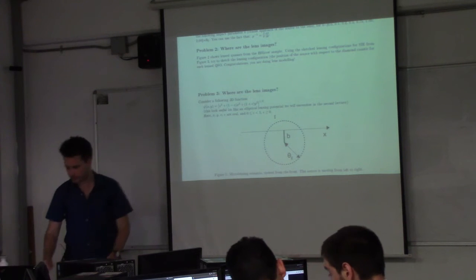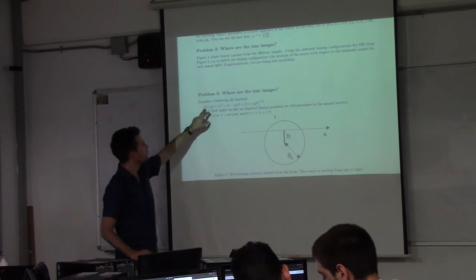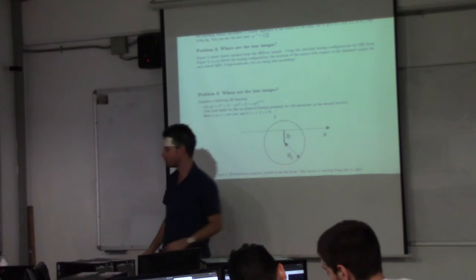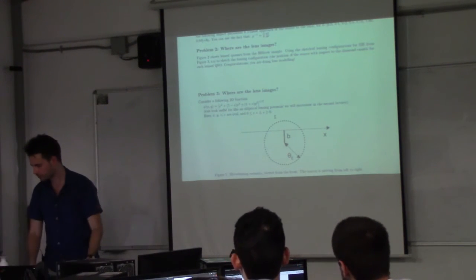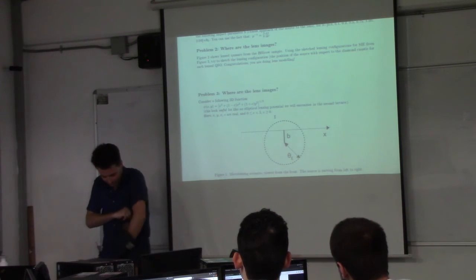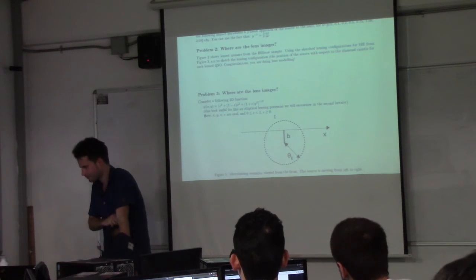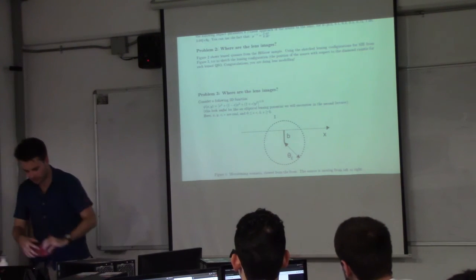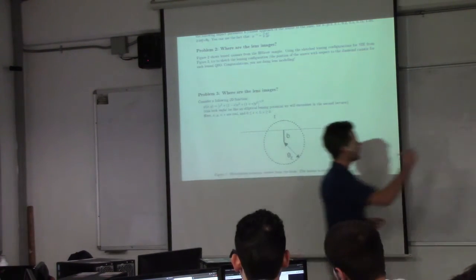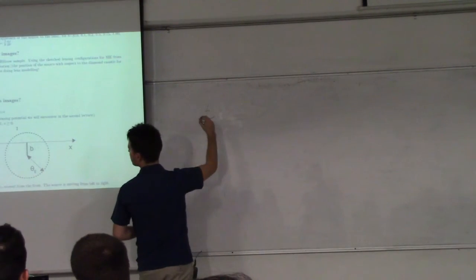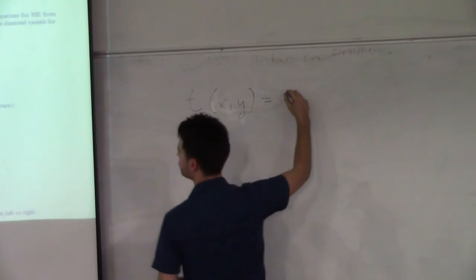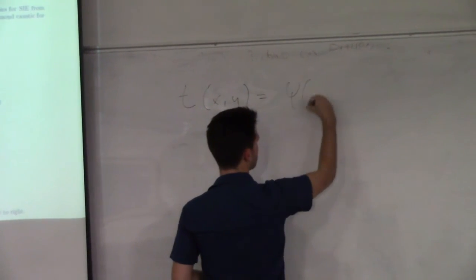Yes, I made a mistake in the equation here. I put in the equation for the potential, but what you need to consider is the full time delay surface. I, by mistake, dropped the first term here. So your function t of x, y is going to be the potential that is given there,